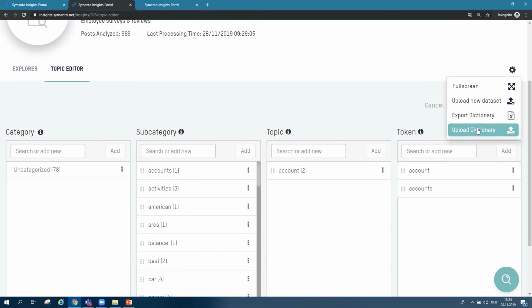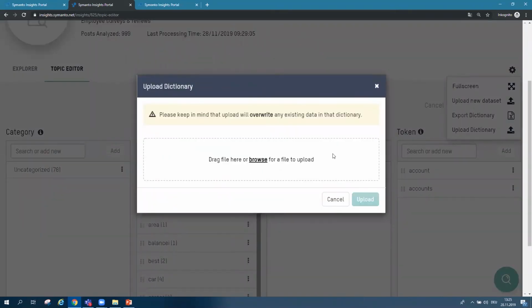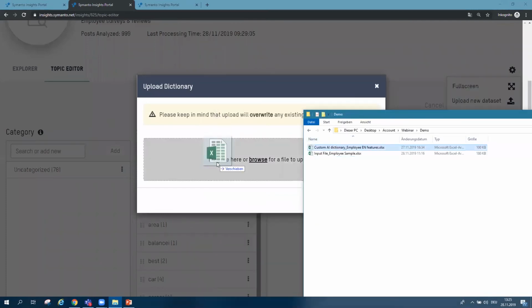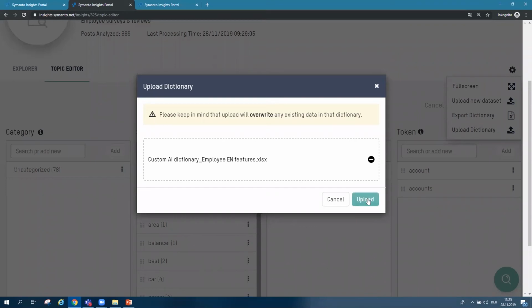What does upload dictionary mean? As I said, the tool you've seen right now is based on a basic AI, meaning the basic AI algorithms we have developed over the years. But of course, we have customized possibilities to train the AI on custom data sets, for an industry or for one customer, for example. That's why we can build this categorization, this structure, for you in a very customized way. Then you can upload your own structure here, also very simply with drag and drop.